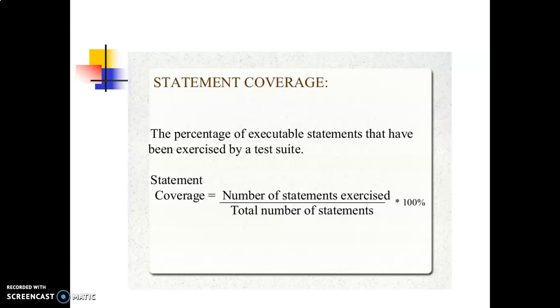And there may be two cases. If there are asynchronous exceptions in the code, like divide by zero, then even if you start a test case at the beginning of a section, the test case may not cover all the statements in that section. The second case is that a section of code may be entered from multiple points. In the case of an if then else statement, if we want to cover all statements, then we should also cover the then and else parts of the if statement.